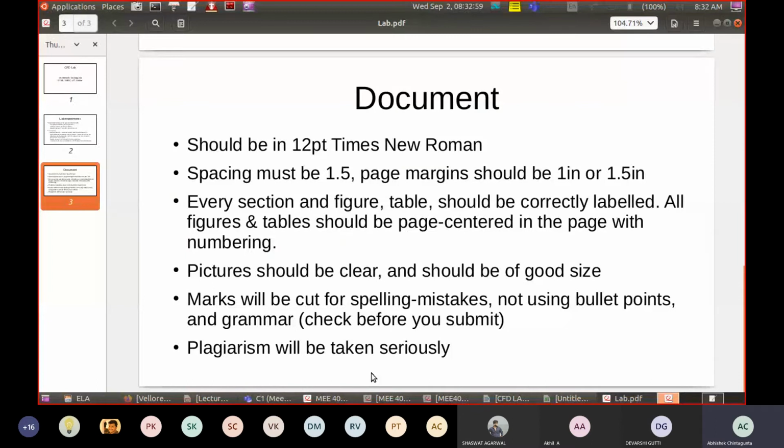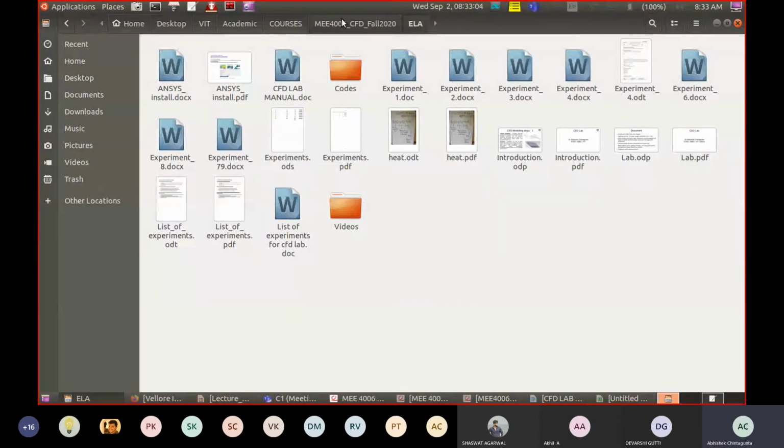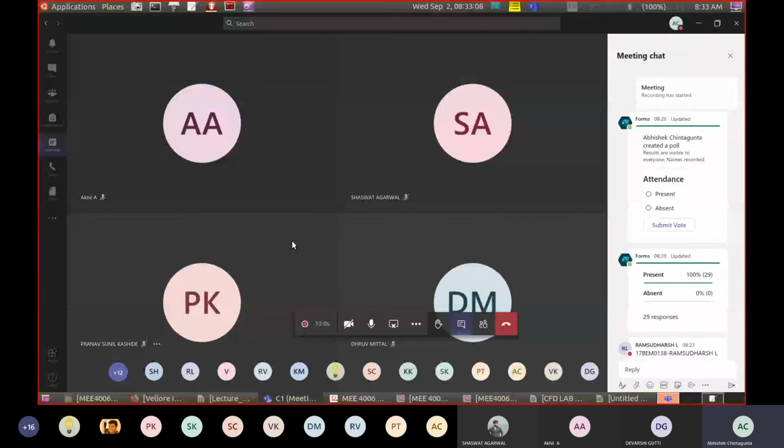I know that some of you will copy and paste or do collaborative work. It's fine, but don't blindly copy and paste. See what your friend has written and ask him, why didn't you write this? Should we add this or that? And you collaborate and work. Lab manuals you can collaborate on, but don't just blindly copy and paste everything. It's not interesting for me. You're saving my time in correction. Even in exam scripts, you will know who has copied from whom. Six people have got the same score because they copied exactly the same thing. There's no point in doing that.